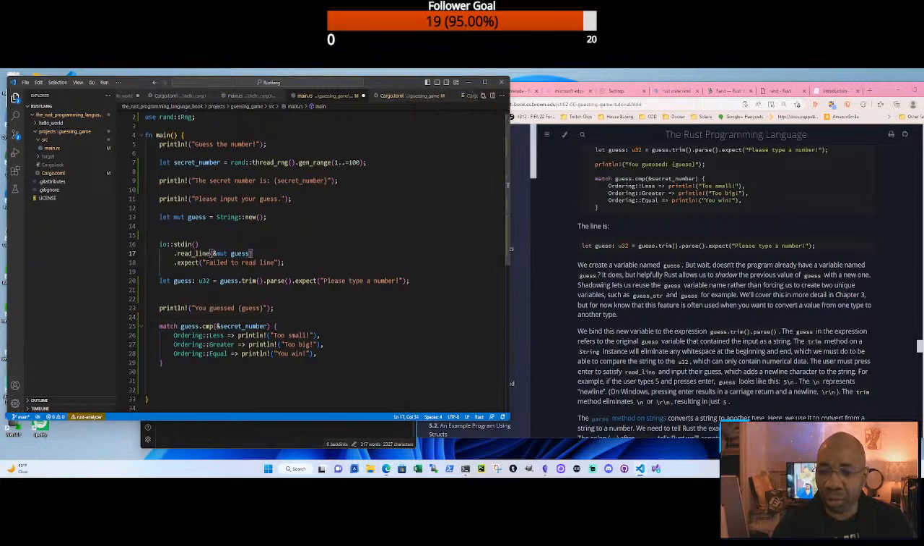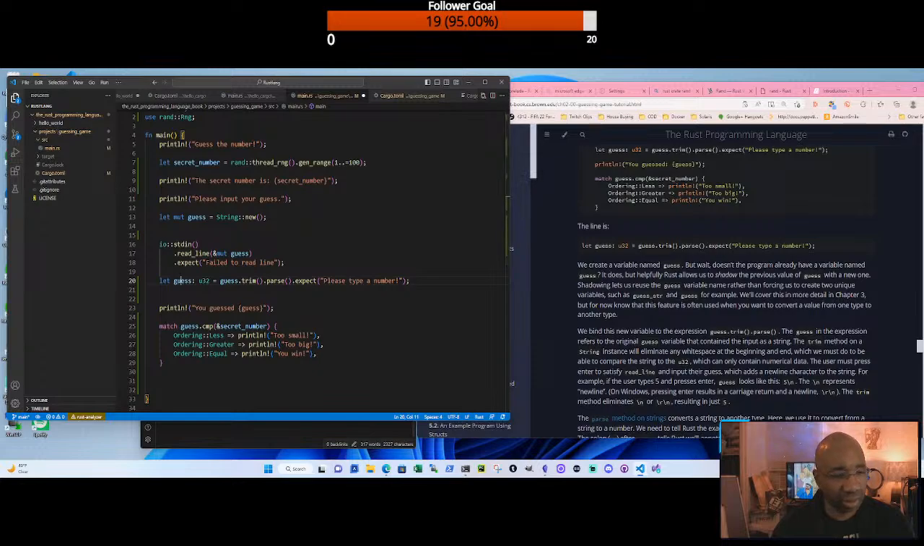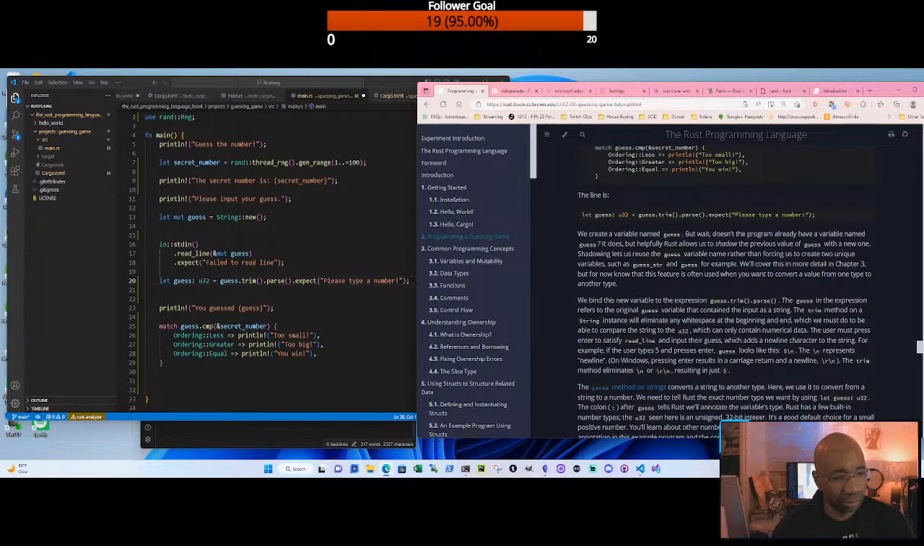So we already created this variable called guess up here with the string. And I guess we can do the same thing again. Apparently we're allowed to reuse the same variable name. We're binding the new variable called guess to the original guess, which was a string. We trim it, we parse it, and we expect it to be a number. So trim makes sense. We take out the white space, and then